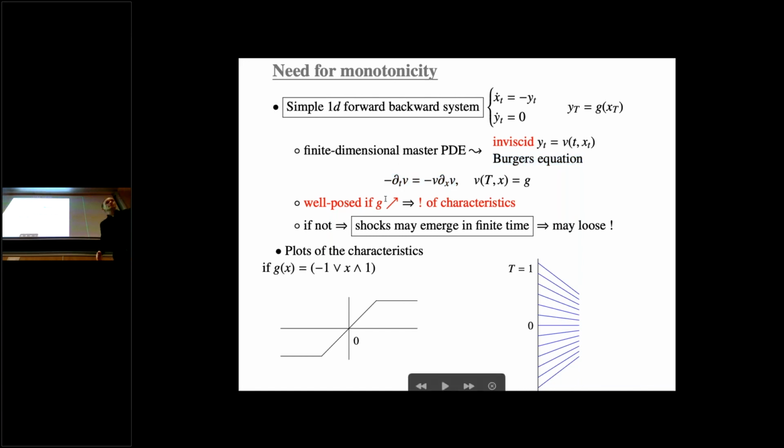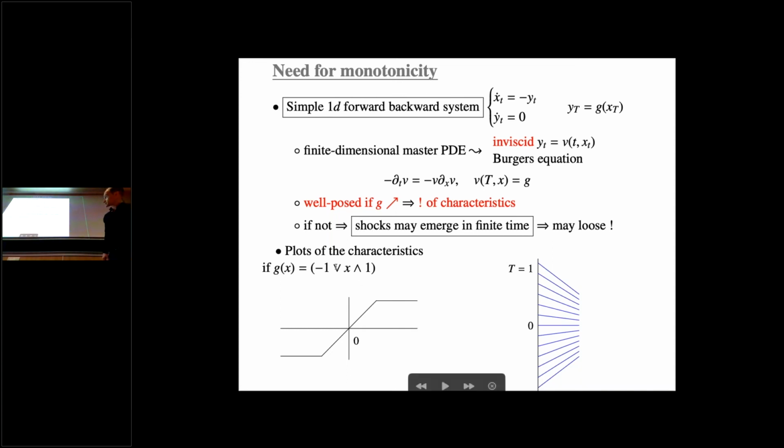And you know that for Burgers, you may have plenty of troubles. You may have some singularities appearing, and this really depends on the shape of the coefficients. And there is one regime that is very nice. This is when f and g are monotone, or non-decreasing. When this is non-decreasing, then you have uniqueness of characteristics. But if you lose monotonicity, then you may have some shocks, which means that you lose uniqueness of characteristics, and in terms of the solution, you may have singularities. So let me give you the following instance.